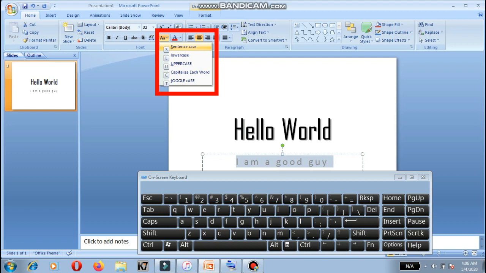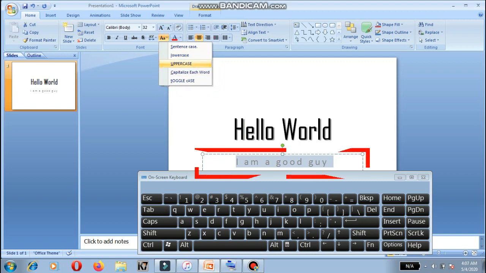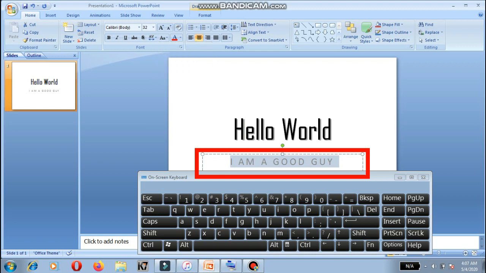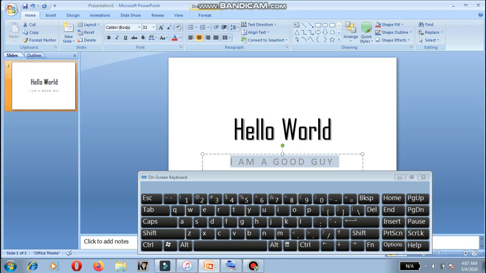Like here it is, sentence case, lowercase, uppercase, capitalization, each word, etc. After that, as my wish is to change uppercase, I'll select uppercase and click enter. You will see our whole text has been changed to uppercase. So this was my trick number 3.